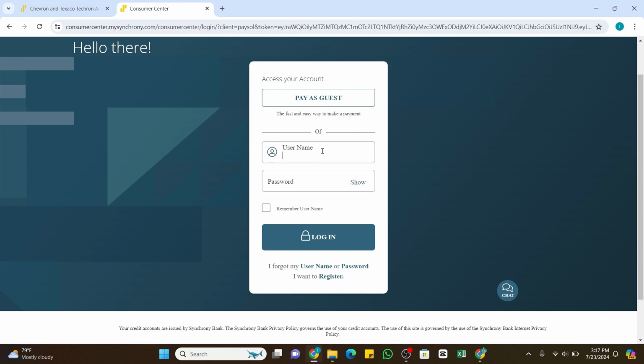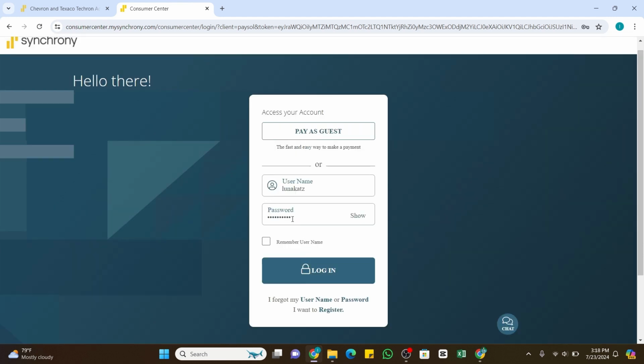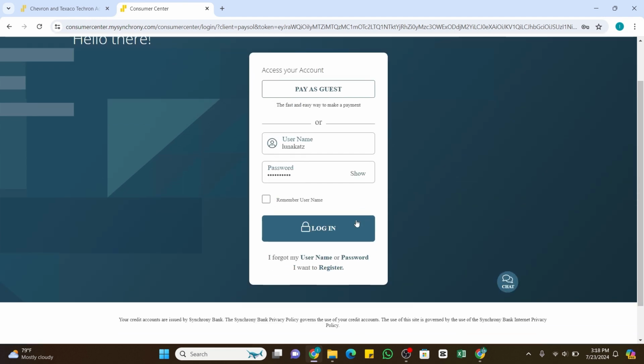For that, in this first box, you need to enter your username. And in the second box, you need to enter your password. Make sure to enter the correct password here. You may also click on this show option at the right side to reveal your password and check if it is entered correctly or not. Also, if you want your username to be remembered for future logins, you may also click on this little square